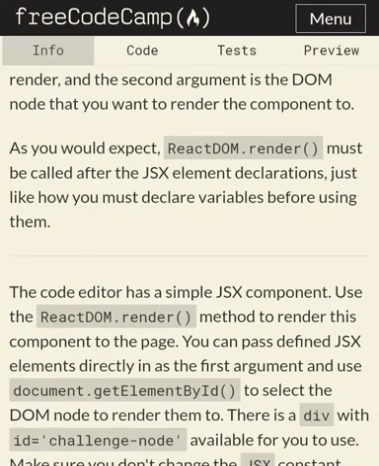We've already done that in JavaScript. So here, you don't have to bother looking at the HTML because the ID name has already been provided to you in the question. It's been provided as the challenge node.